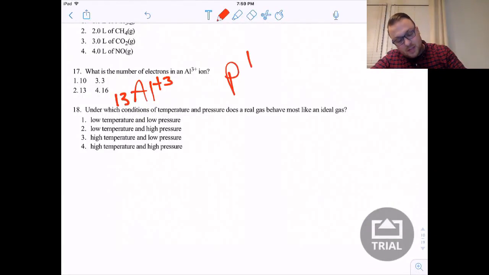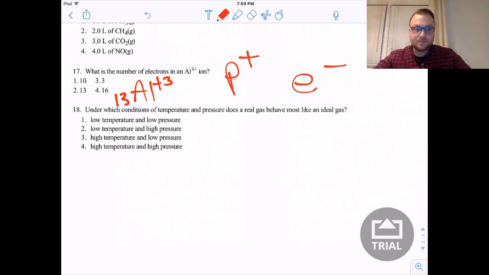Okay? Protons will never change. If you change protons, you change your element. You're not aluminum anymore. So the first thing you got to say to yourself,